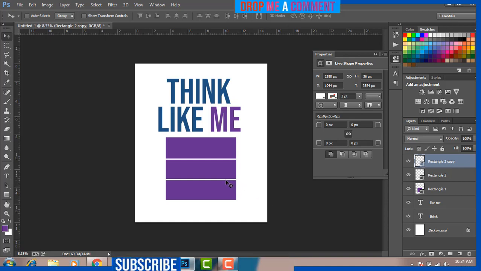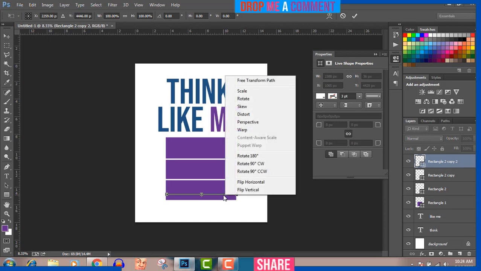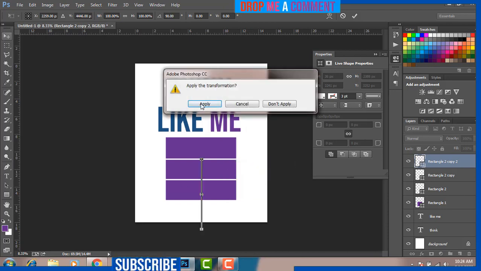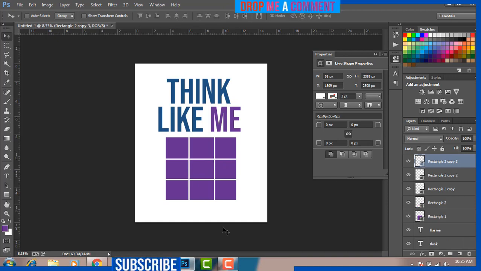So now I'm going to duplicate this again. My Alt key, my left mouse button, and then I'm going to do my Control T and make that 90 degrees by clicking on my right mouse button. Just make that 90 degrees. Apply. So now I can just make it like this. Duplicate this with Alt key, left mouse click, and just duplicate that like that. So now that we have those four boxes,